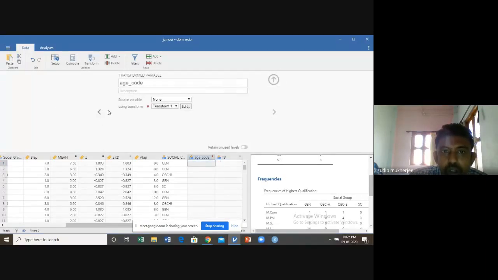You just name the variable of your interest here, just like I did with age underscore code. What is the description? The description is grouping age, or age group.